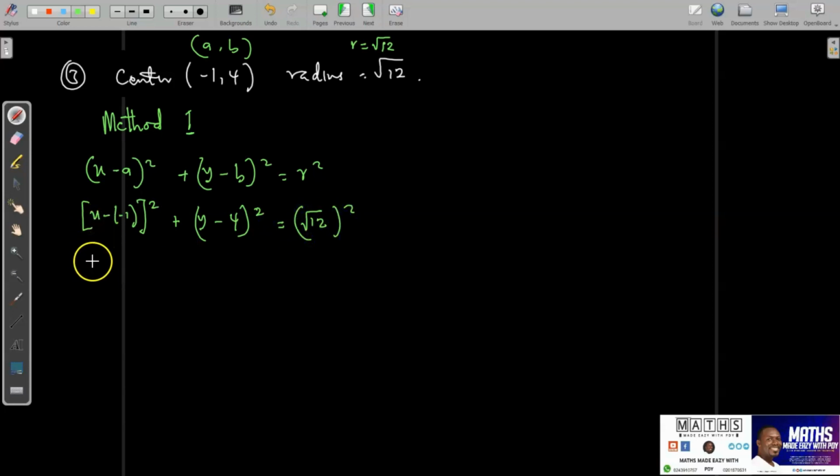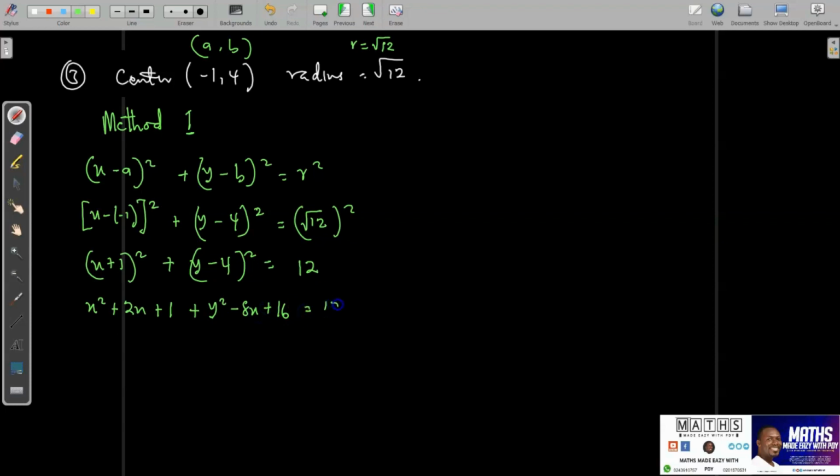Going further, this will be giving us x plus 1 all squared plus y minus 4 all squared equal to 12, because root of 12 all squared is 12. Then we can expand and simplify the left hand side. So when you expand x plus 1 all squared, please, what does it give us? X squared plus 2x plus 1. Wonderful. Then plus, when we expand it, that's going to give us y squared minus 8x then plus 16